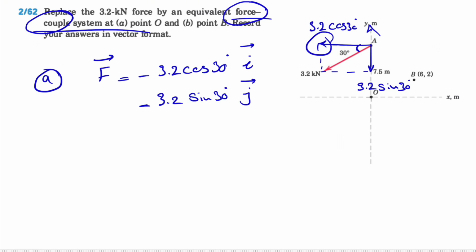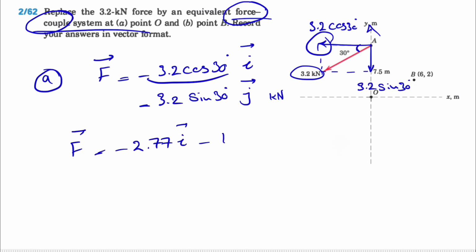If we calculate each of these, obviously our force is in kilonewtons, so we're going to get the unit kilonewton for the whole thing. So let's just write down F. If we calculate this part, we're going to get minus 2.77. That's going to be our i, and we know sine of 30 is 0.5, so 3.2 divided by 2 will be 1.6 j, and again the unit is kilonewton. That's the F part, and now we have to go for the moment about point O, counterclockwise positive,